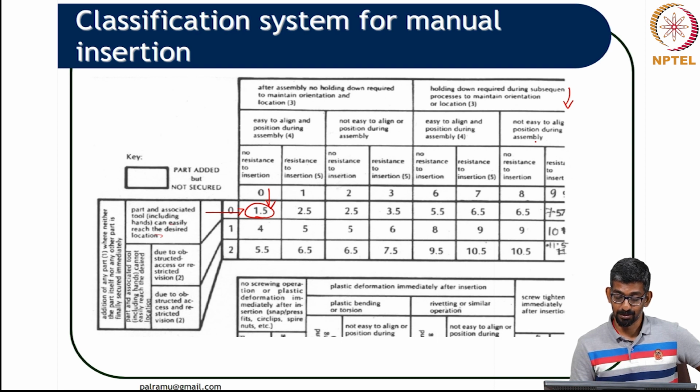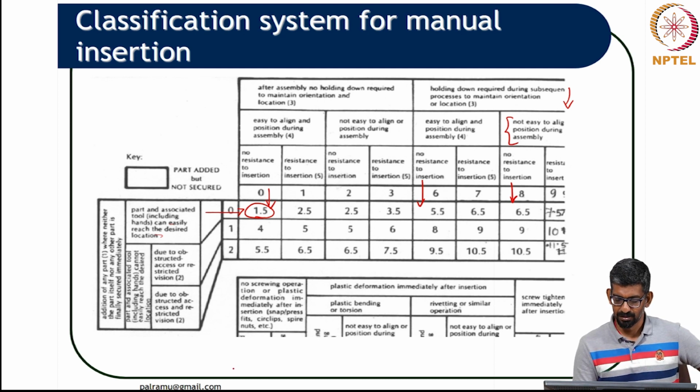In my opinion it is also easy to align and position during assembly, but they have chosen not easy to align and position during assembly. And then they say there is no resistance to insertion, which is correct for us. We also would say there is no resistance to insertion. So, they have chosen 8, we might have ended up choosing 6, by which we are losing about 1 second,